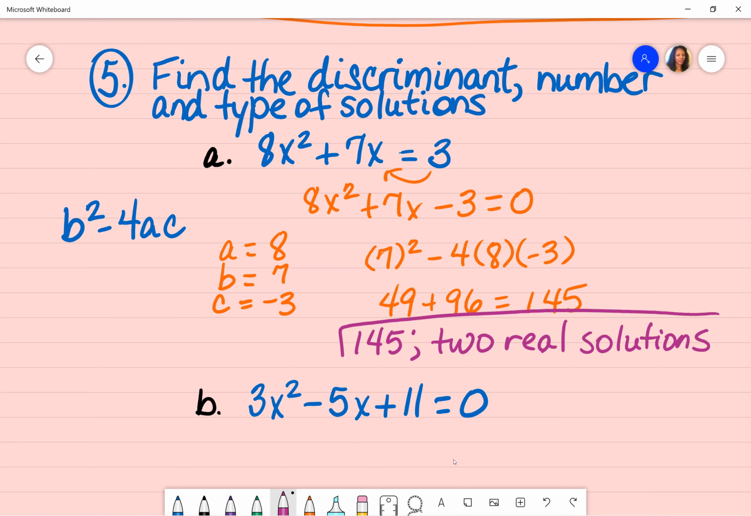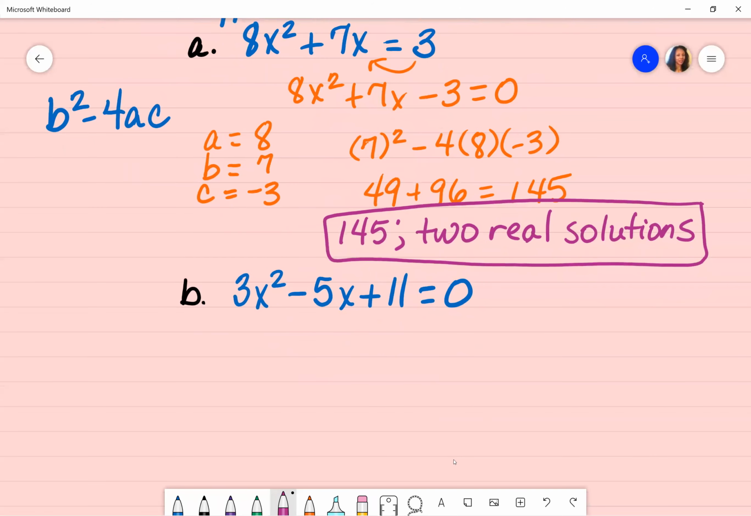All right, so the next one is still finding the discriminant. Actually, I have A, B, and C. Finding the discriminant, the number, and the types of solutions. So the first thing that you do is always rewrite it in standard form if it's not already there. In this case, it's already there. So I can identify A, B, and C. A is what's in front of my x squared, which is 3. B is what's in front of x, and C is the number that does not have a variable. Substituted into my discriminant formula, and that will be